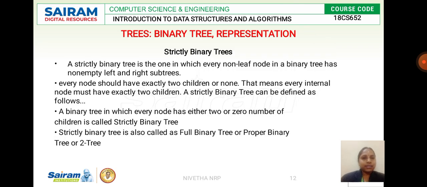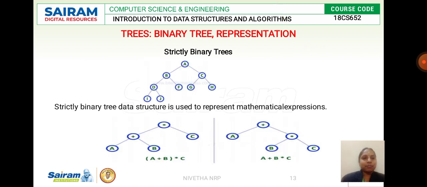Then there is the strict binary tree. In a strict binary tree, all your non-leaf nodes should have a non-empty left and right subtree. In the strict binary tree, A has C as a child node and B has D and F. And D should have exactly two children, that is I and J. It is a strict binary tree.